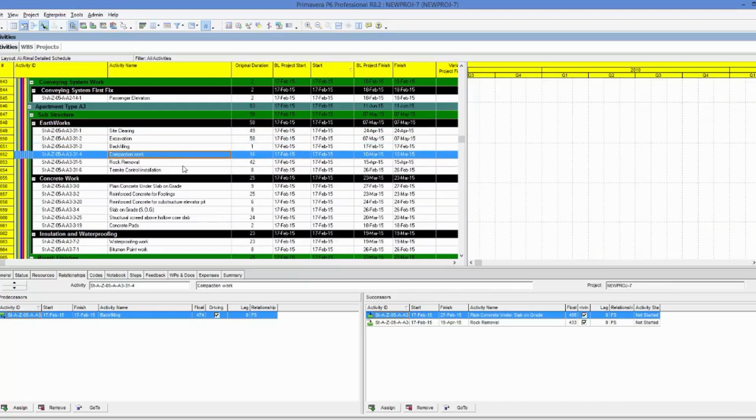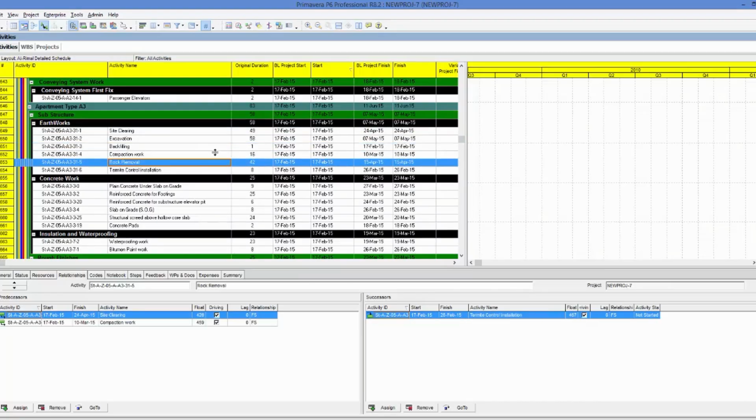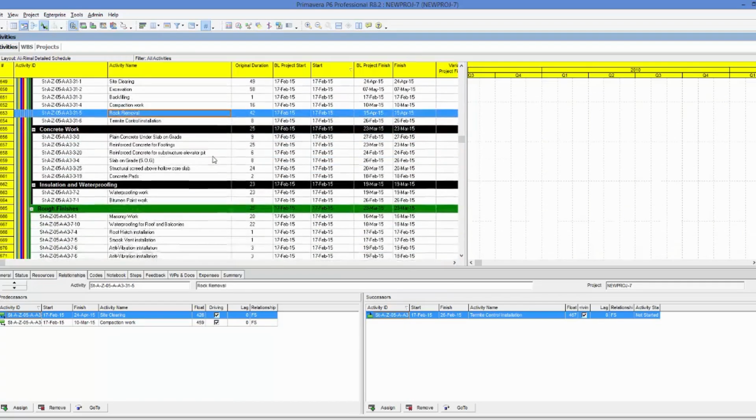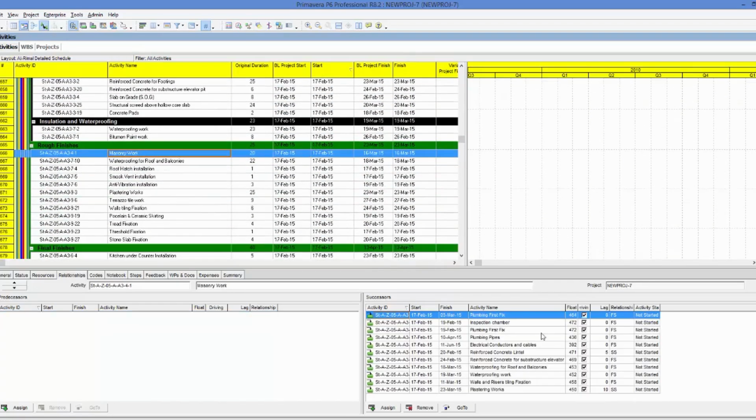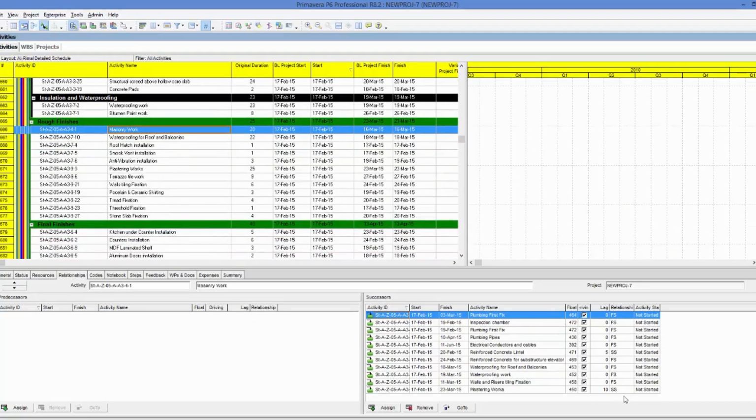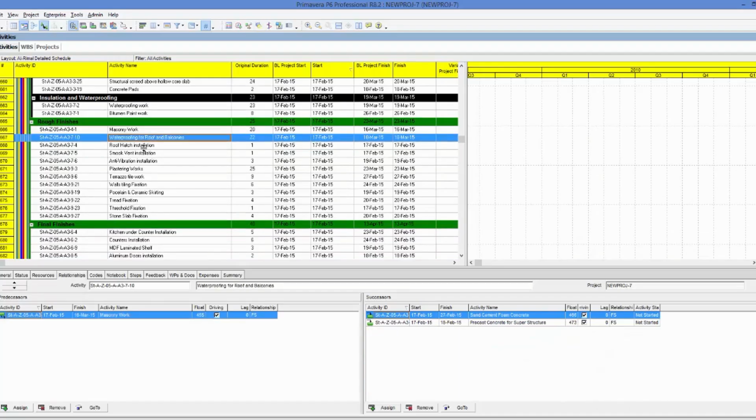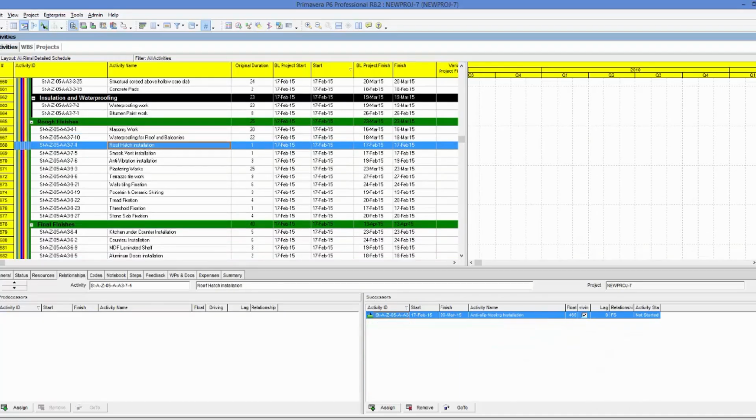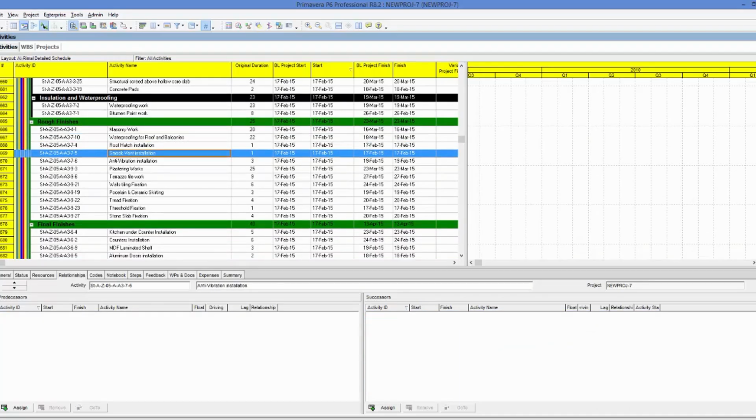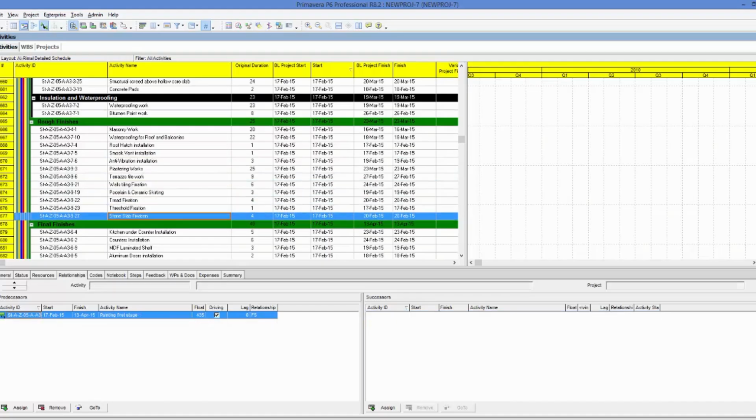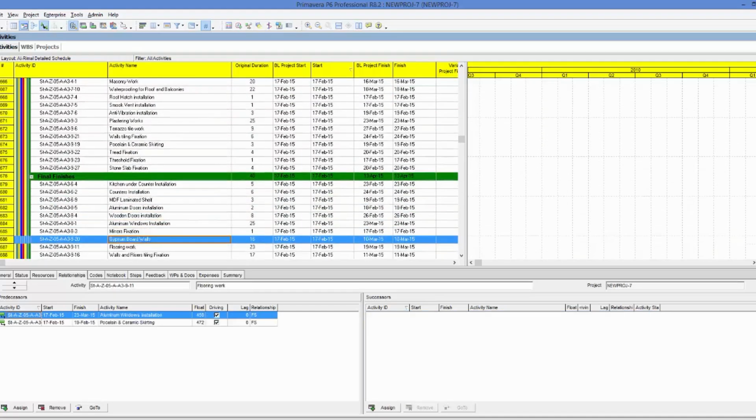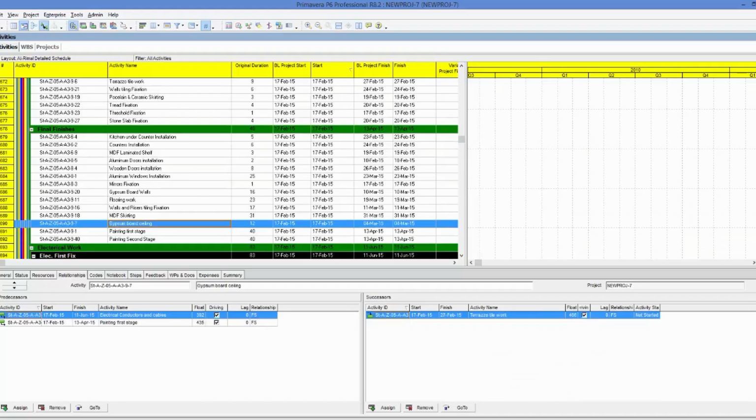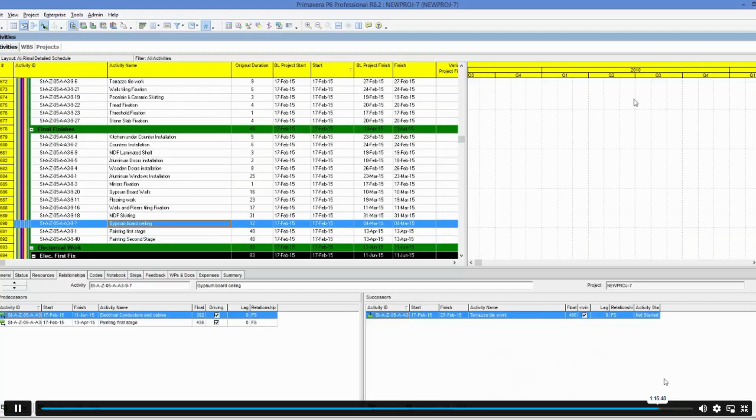And as you can see here, all the relationships were imported successfully with all the relationship types and lags. Now, as you can see, we have here some open ends. So in order to fix these open ends, we'll not fix them here in Primavera. We need to do this exercise in our Excel file. I just want to, for now,